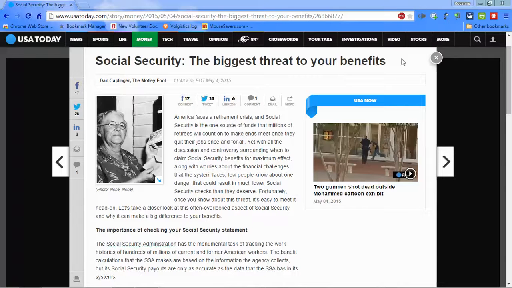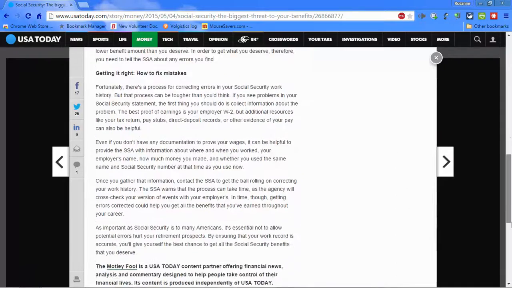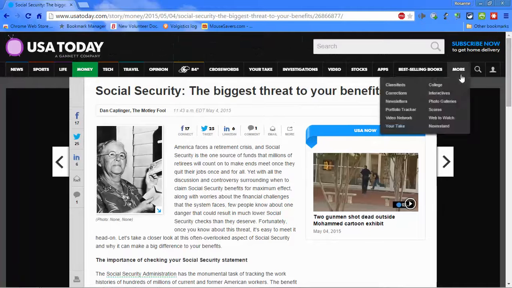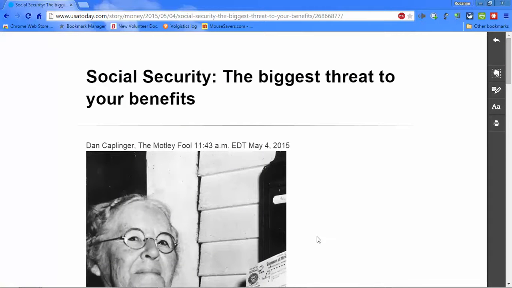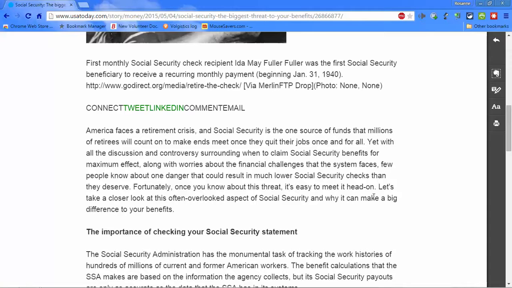One is called Clearly. And right now I have a page from USA Today pulled up, and as you can see when I scroll down, there's extraneous stuff here at the bottom of the page that we don't need, some things here over on the side. So when I click on my Clearly icon in my menu bar, it's going to change the page to look nice and simple and clear, just like this. This is much more beneficial and easier for our students to look at,